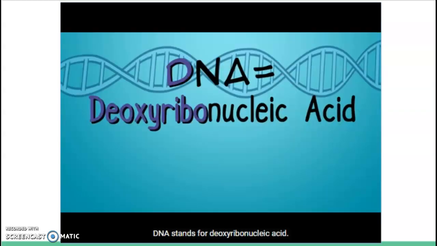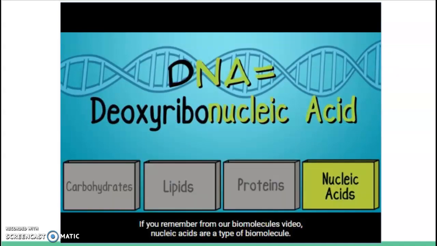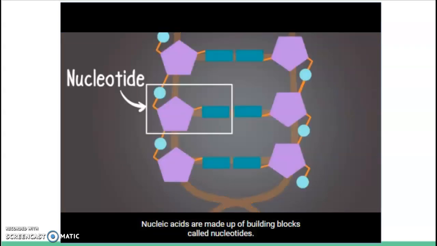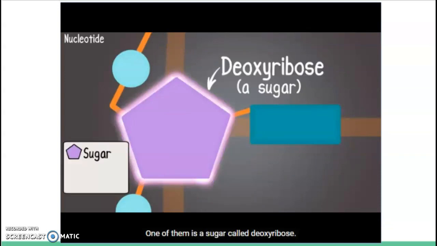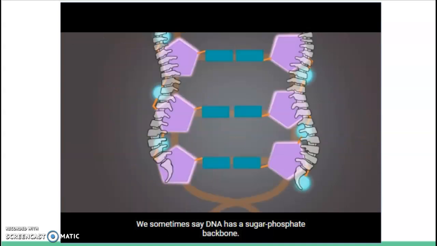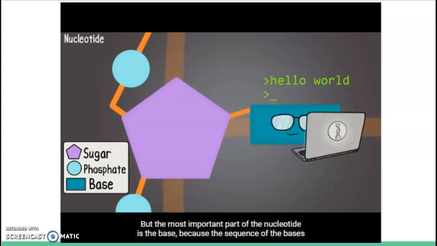DNA stands for deoxyribonucleic acid. It's a type of nucleic acid. If you remember from our biomolecules video, nucleic acids are a type of biomolecule. Nucleic acids are made up of building blocks called nucleotides. Nucleotides have 3 parts. One of them is a sugar called deoxyribose. One of them is a phosphate. We sometimes say DNA has a sugar-phosphate backbone. But the most important part of the nucleotide is the base, because the sequence of the bases can actually code